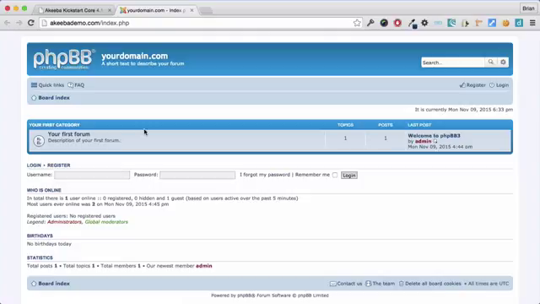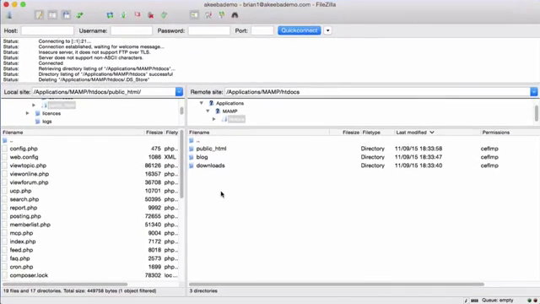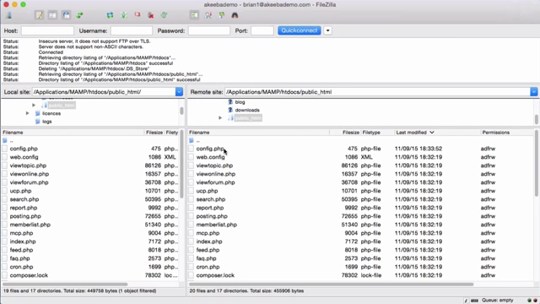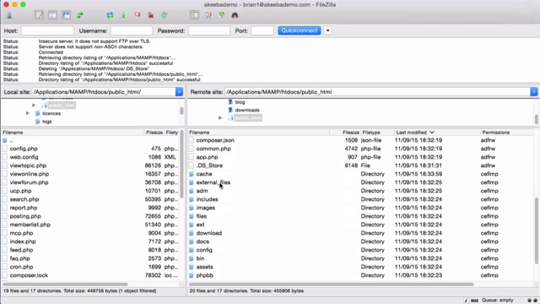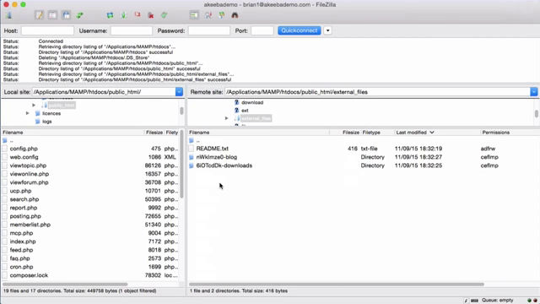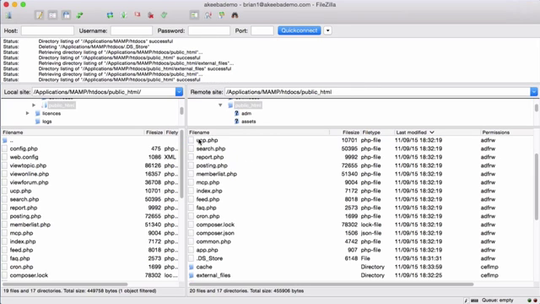The final step is to remove the copy of the external folders from inside our public HTML web space. To do this, return to FileZilla. Here we can see that the blog and the downloads folders have been successfully copied. And if we go into the public HTML where our forum website is, we can see a folder called External Files. If you go inside it just to double check, you can see the blog and the downloads. We no longer need this, so let's go back up, select that folder and delete it.